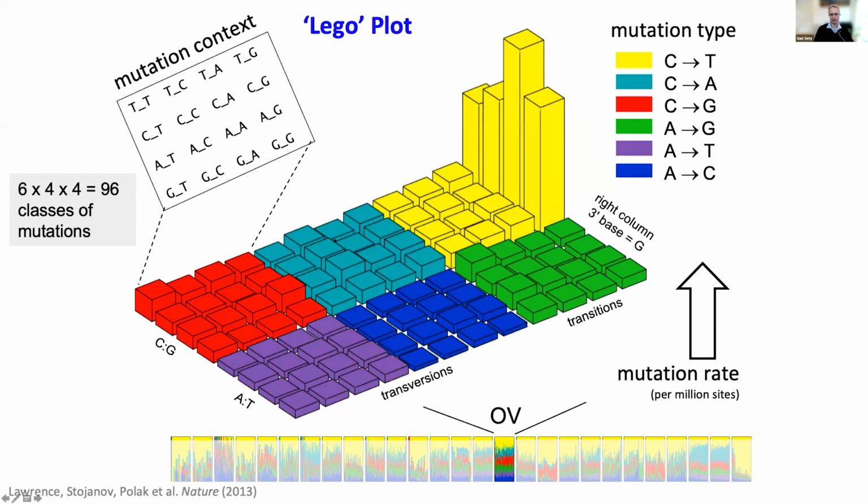And we often like to also look at it in what we call the Lego plots, where you can see the different colors for the different types of mutations, and each 4x4 quadrant represents the base that is before and after. And this is the signature 1, CpG to T. You see that all of these are C to T yellow mutations, followed by G in the last column here.